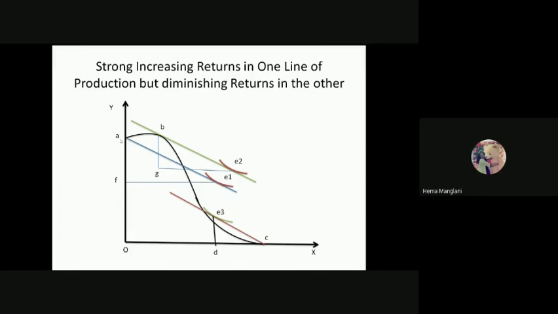The reason behind it, you are facing diminishing returns here towards an extreme. Because our condition is still like this, the strong increasing returns are associated with the commodity X. The only thing is that the prices are changed, so you cannot opt for complete specialization here. So you need to follow the movement from A to B point.